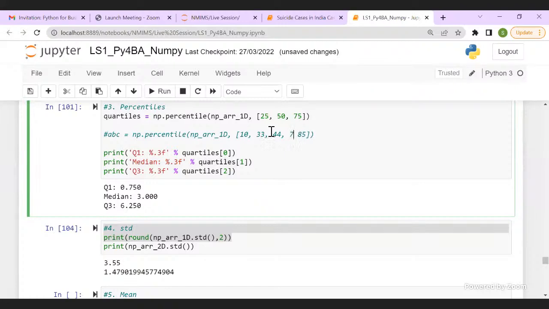You want 75th percentile, whatever you want. No issues. Percentile means 100 divided into 100 parts. Manmeet was asking why we give only 3 values in the percentile. You can give any values, whatever your data analysis needs.